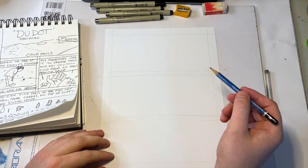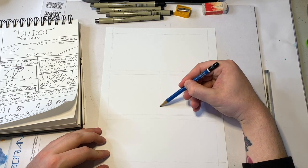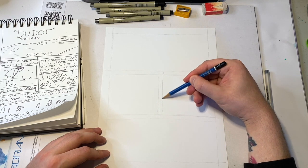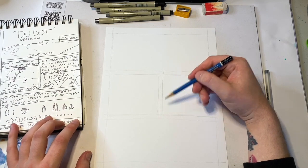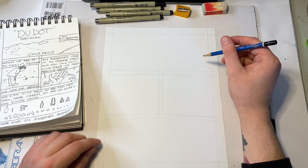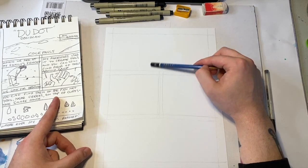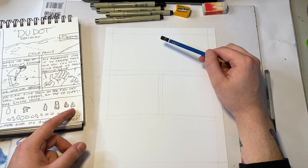So yeah, got my panels figured out. I got my thumbnail right here, so I'm just gonna start penciling. And yeah, like I did with the thumbnail, I really like to pencil the text first after doing the panel layout. And the reason why I like to do that is because